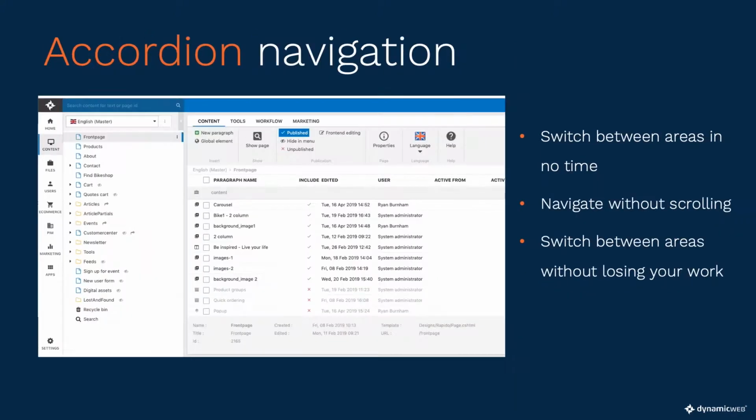We've also completely overhauled the navigation. So you can switch between areas in no time. You can switch between content and e-commerce without having to navigate back anywhere. You don't have to scroll when you're navigating, and you can switch between areas without losing the work that you've